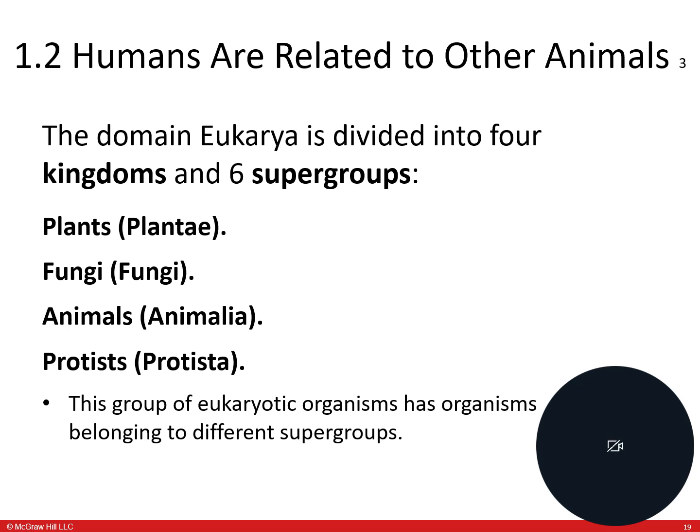So looking at the domain Eukarya, which is what we're part of, we are divided into 4 kingdoms, if you will. And of those 4 kingdoms, there are 6 supergroups, right? So the 4 kingdoms are here: plants, which is the Plantae kingdom; fungi, which are the fungi kingdom. So think things like mushrooms, right? Animals, which is the Animalia kingdom, of course; and protists, which are the Protista kingdom. We belong to the animal kingdom. I know you don't think of ourselves as Animalia, but we are one with mammals. So this group of eukaryotic organisms belongs to all different supergroups, but these are our 4 primary kingdoms.